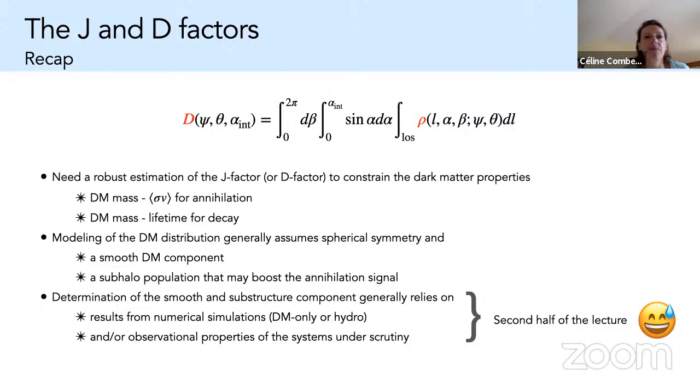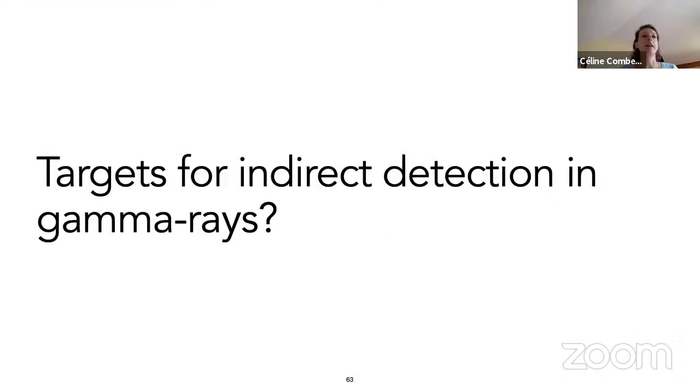Okay, so if there are no other questions on this first part, let's move on to looking more specifically at what targets we have and how we constrain the dark matter in those targets. And why can't I change slide? Okay, so